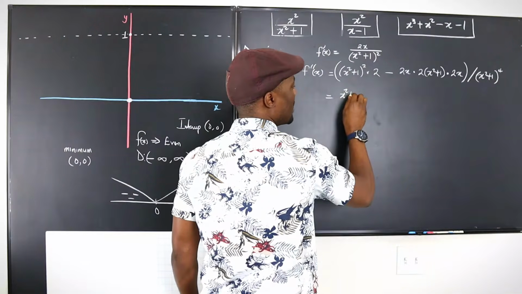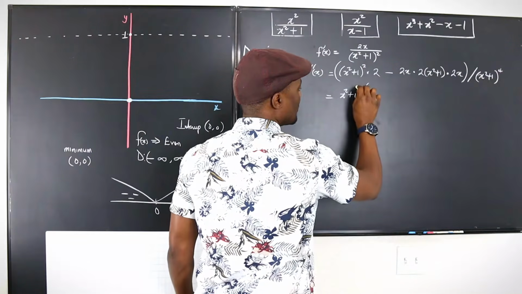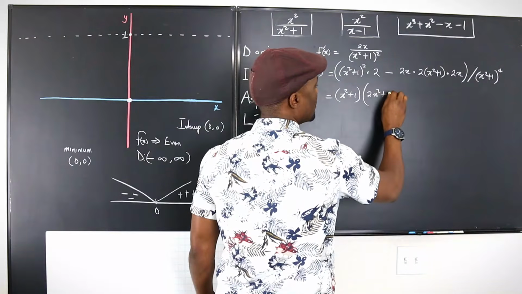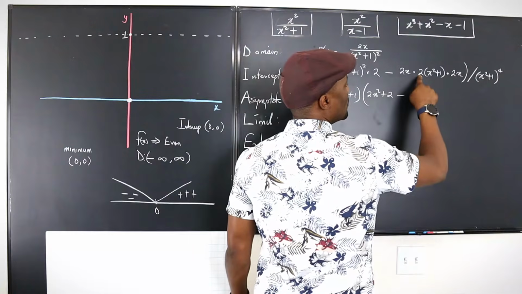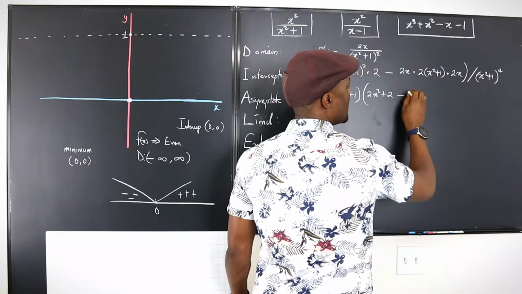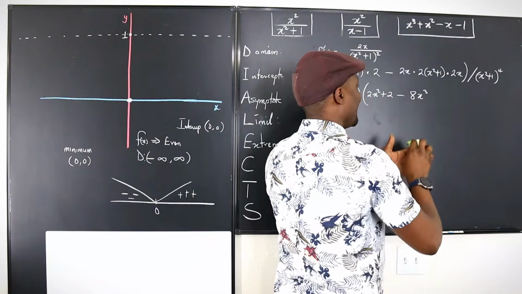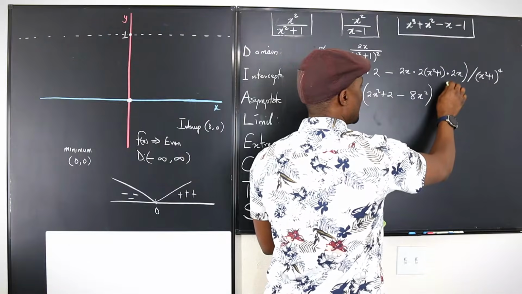It's going to be (x squared plus 1) into, what's left is going to be 2x squared plus 2 minus, we've taken this out, so we're left with 2 times 2 times 2, that's going to be 8x squared, okay, all divided by